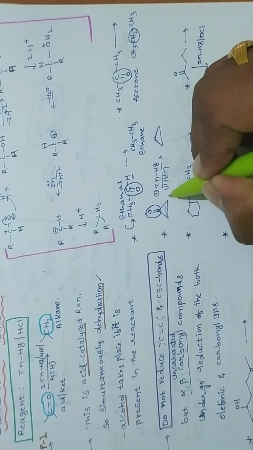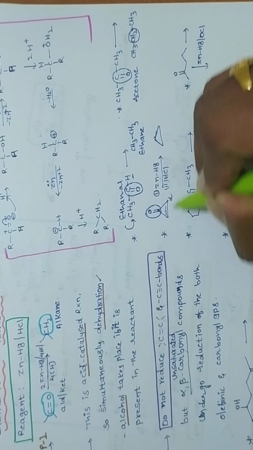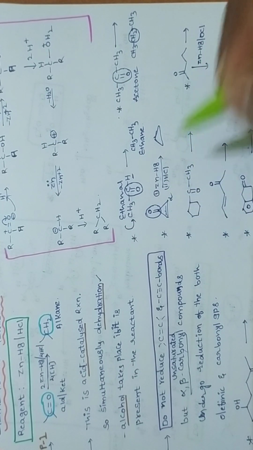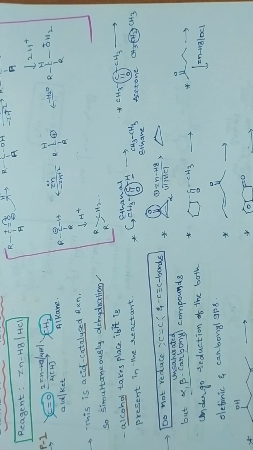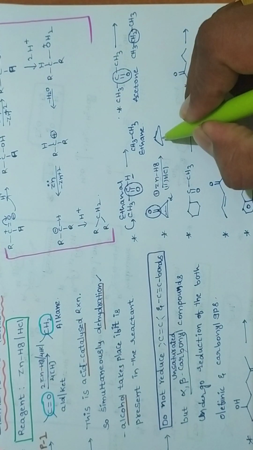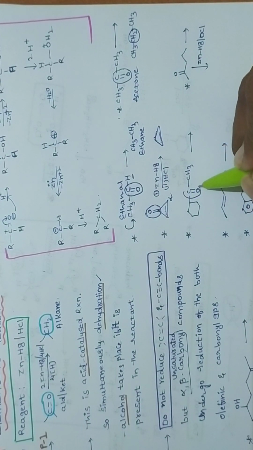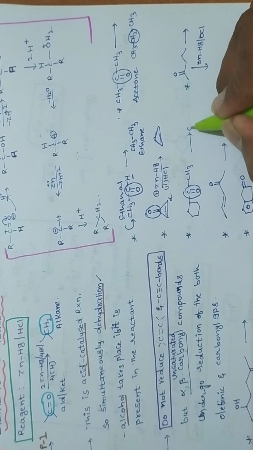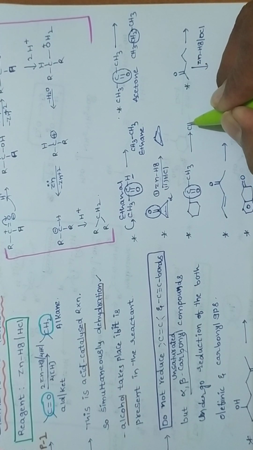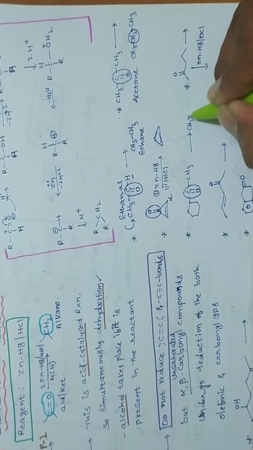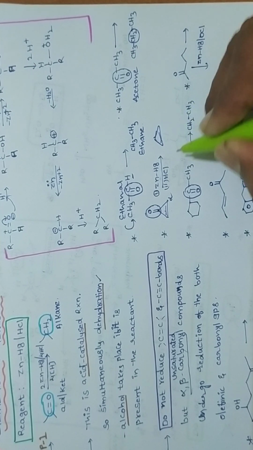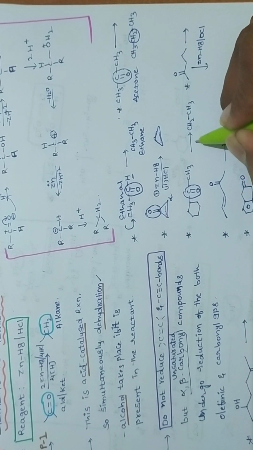Now this is the functional group. The carbon attached to the functional group is the alpha carbon. The double bond as it is we are writing. Next here, a CO group is there. Now the CO group is converting into a CH2 group, CH3. Now the ring is as it is.